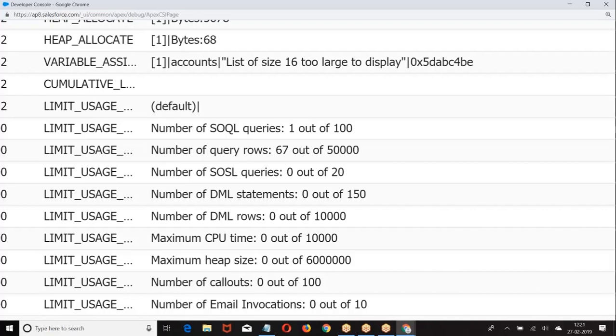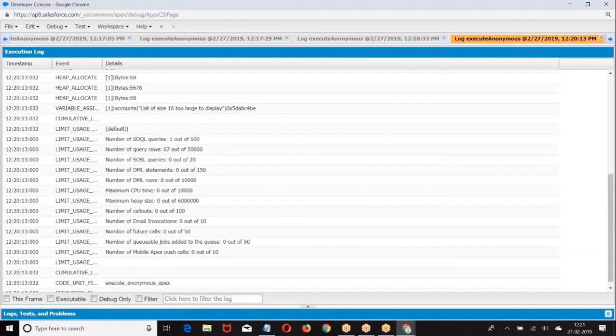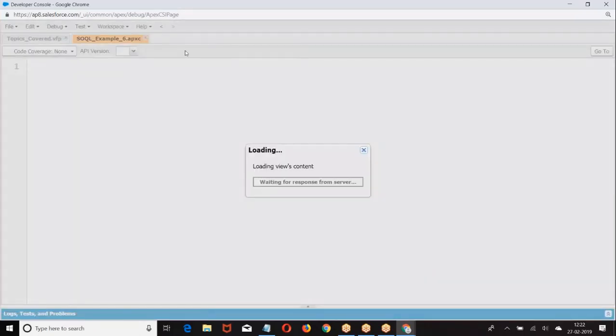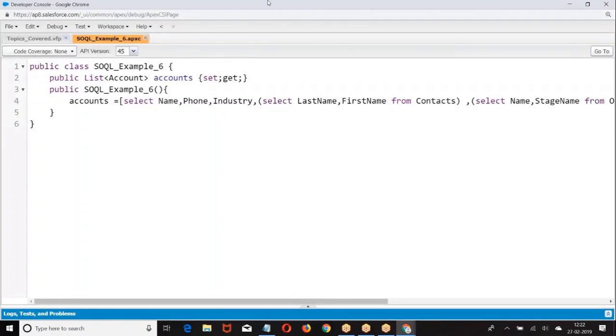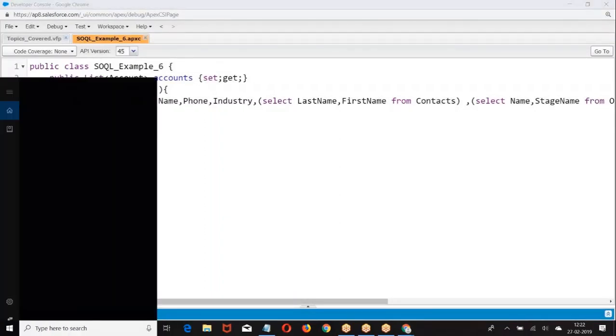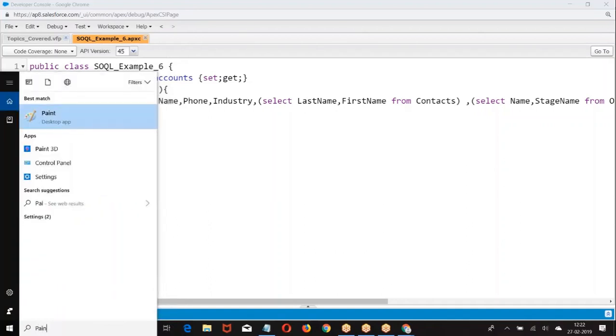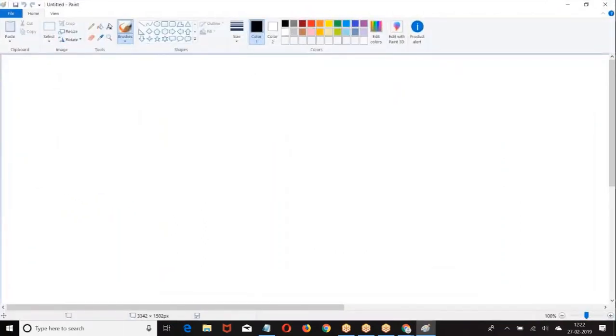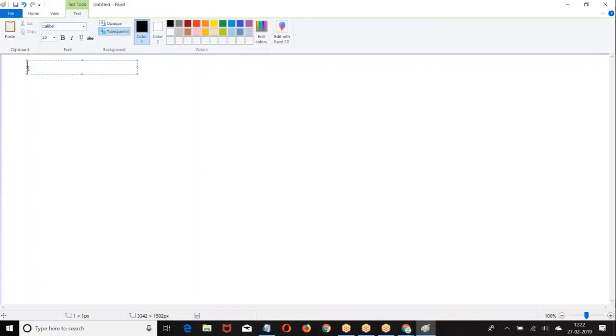Now, what are the good practices we have? Try to avoid SQL queries within the loop. Try to avoid the SQL queries within the loop. I hope you are good. Now, I will give one use case. Try your knowledge on that. Now, if you implement this, you are good with the SQL queries. The day you implement this, you are good with SQL query.